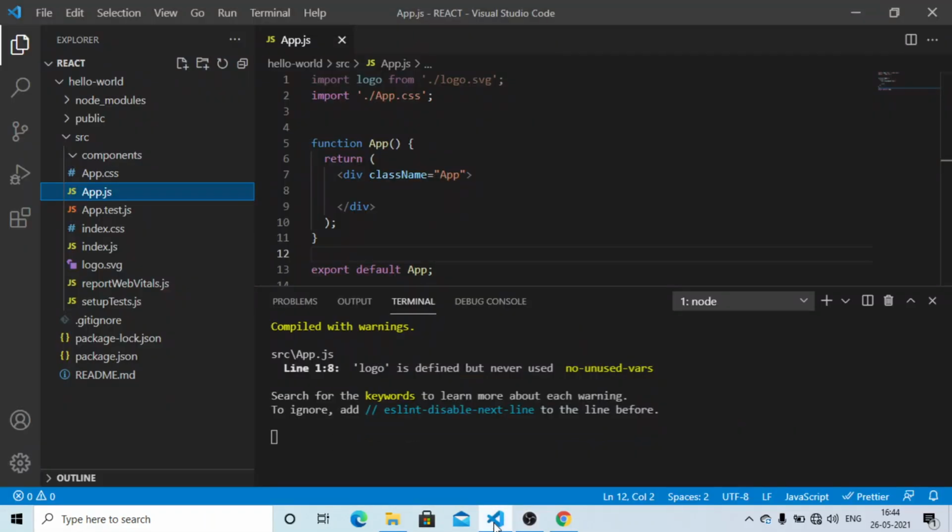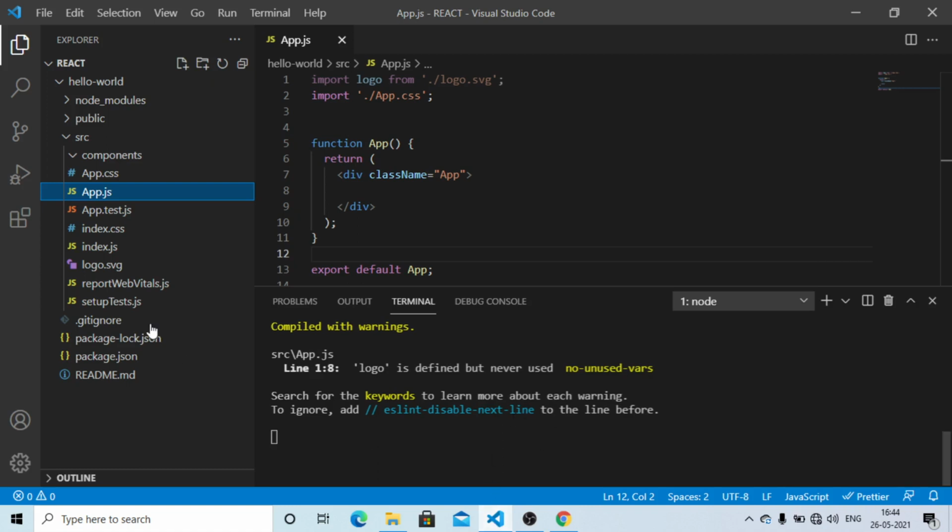Hello guys, in this video tutorial we are going to see how to bind event handlers in React. Why is event binding necessary in React? The reason is how the this keyword behaves in JavaScript, and it is not because of React. So that's why, because of the this keyword, event binding is required in React.